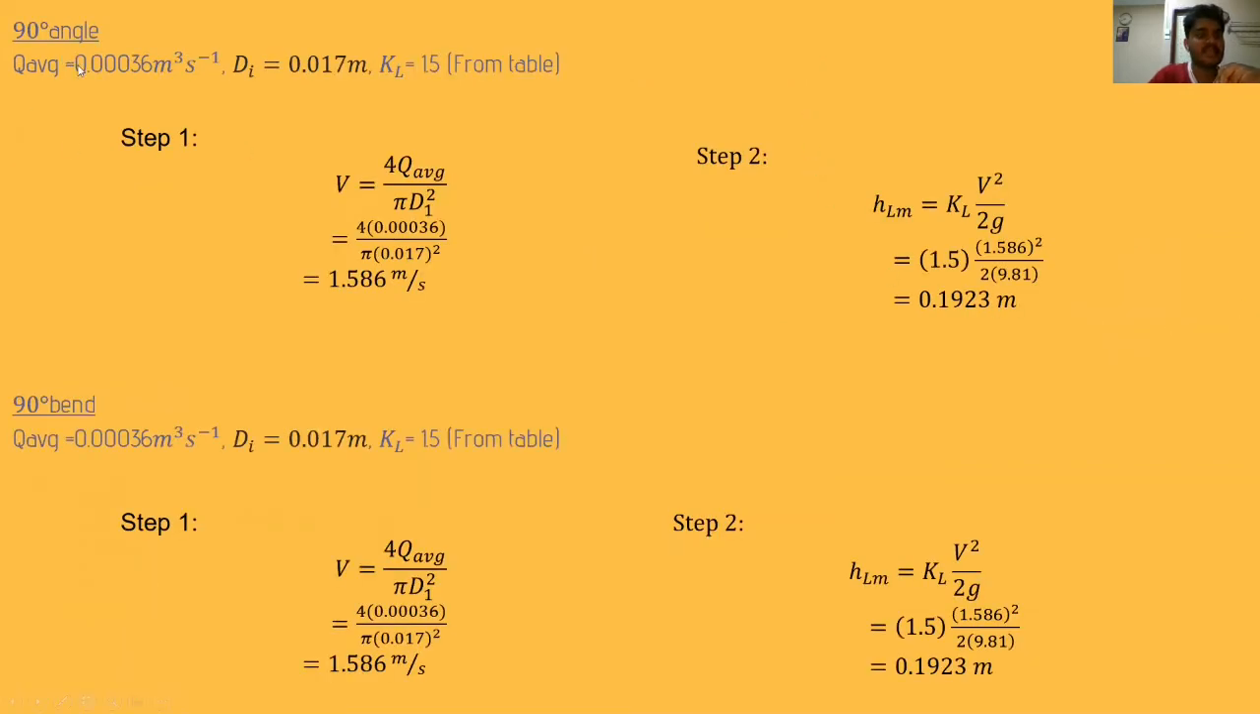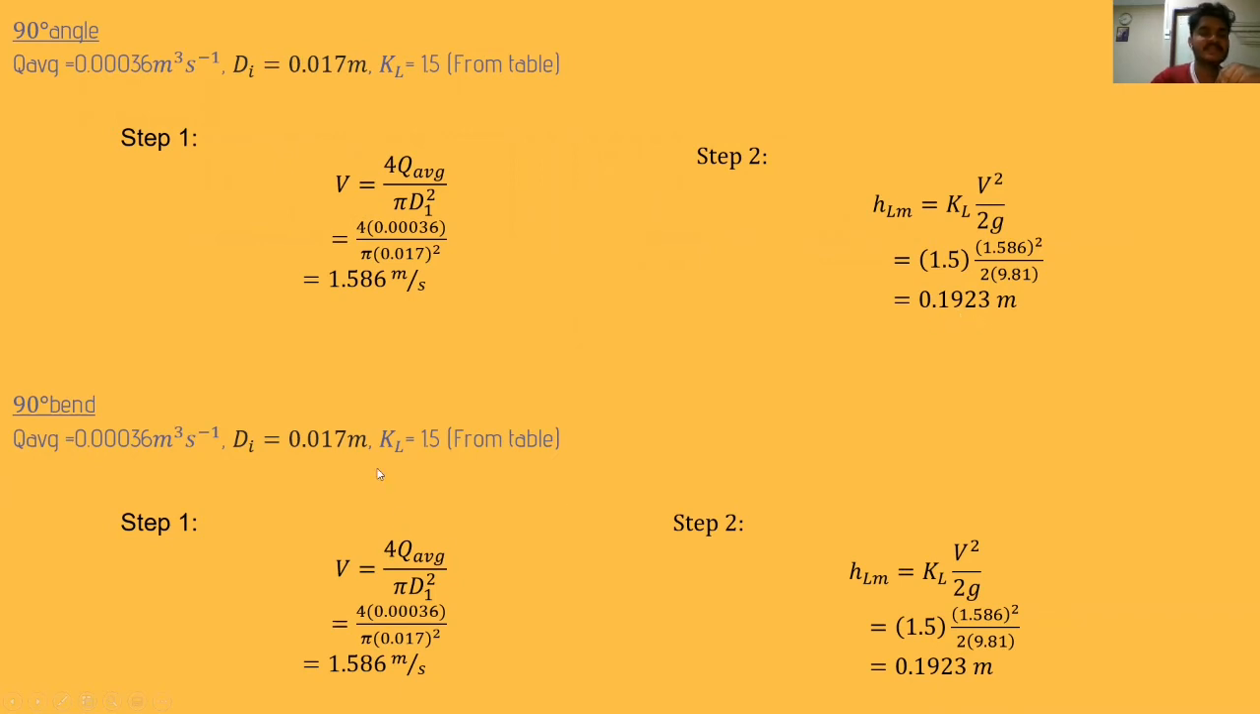For the 90-degree angle, the K value, which is the coefficient of loss, is already given, which is 1.5. It is taken from the table. For step 1, we have to find the velocity. Since the KL is already given, which is found from the table, we don't really need to find KL. So our step 2, which is our final step, will be finding the minor loss, which is